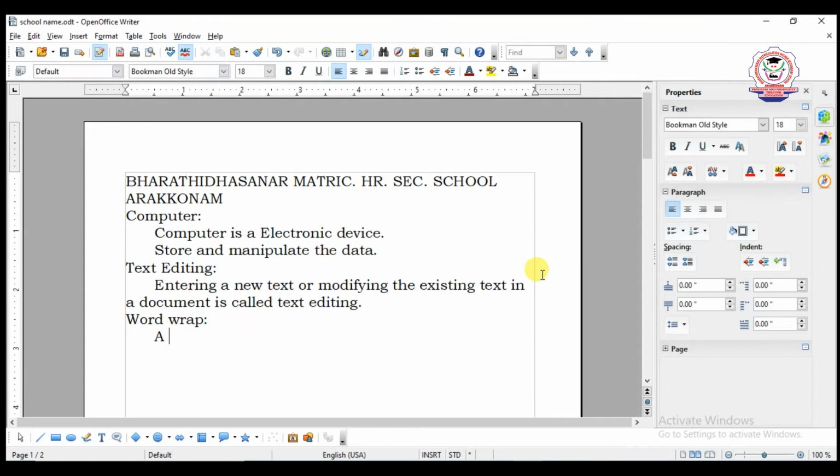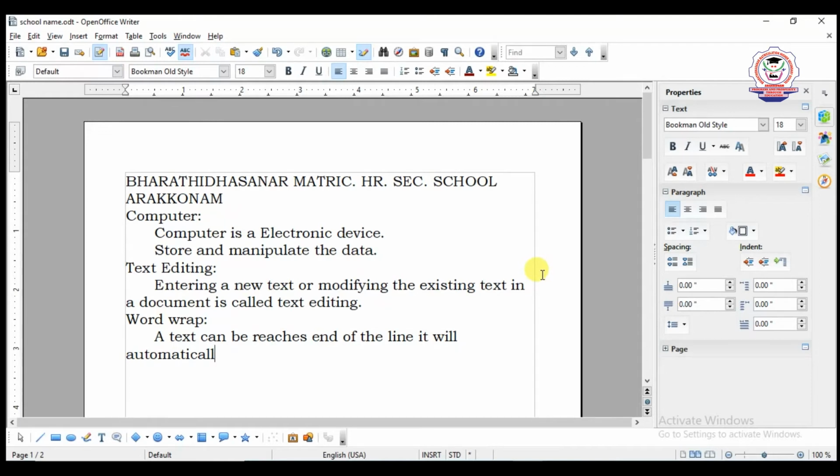For example, a text can reach the end of the line, and it will automatically move to the next line without pressing the enter key.